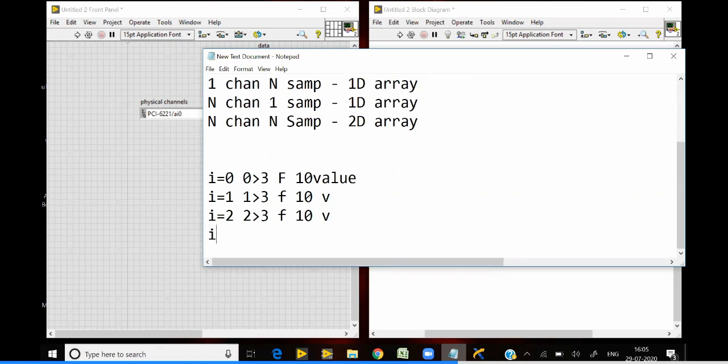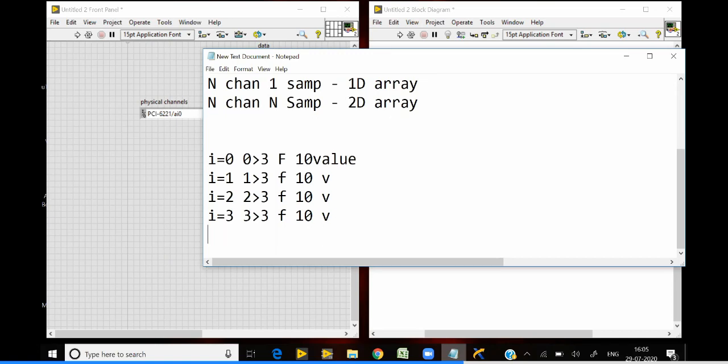If i is equal to 3, this is also considered false. Only when it is greater than or equal to 3 is it considered true. So 3 greater than 3 is also false. You will get 10 values. So now there will be 4 rows.